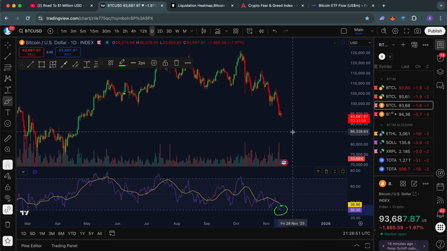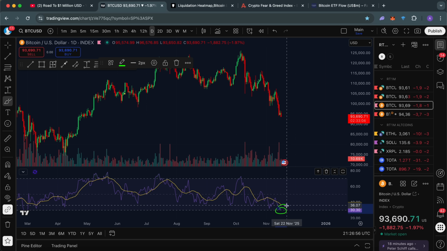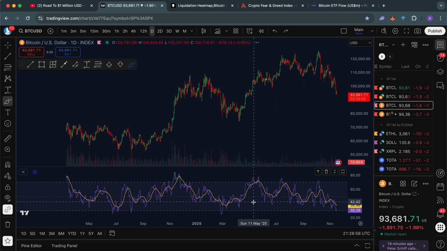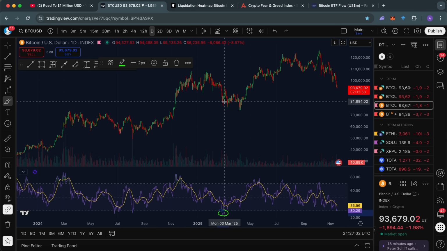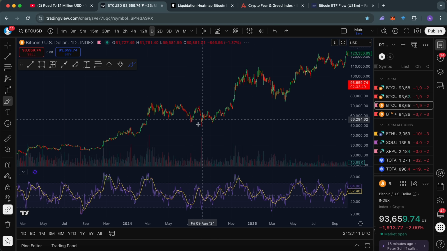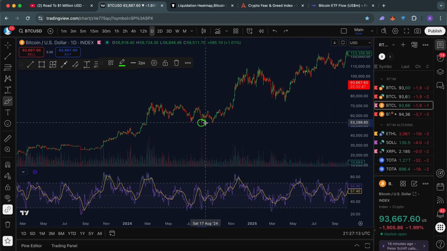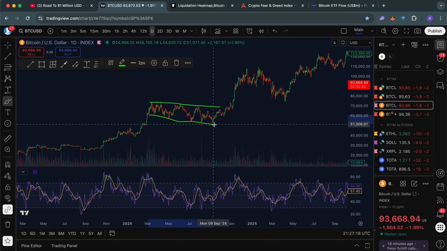Same thing actually on this 1 day time frame, because we are about to be in oversold territory on the 1 day RSI. Now, when is the last time you saw this, guys? This was in February of 2025, when Bitcoin was trading right around this $80,000 level. And this was in a bull market, right? The time before that, we were trading at around 50k when we were in that big descending channel in 2024. And we saw this big dump to the downside here.